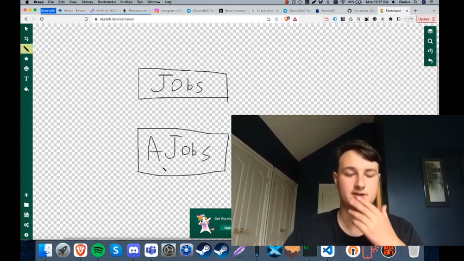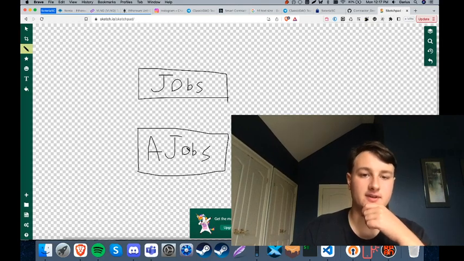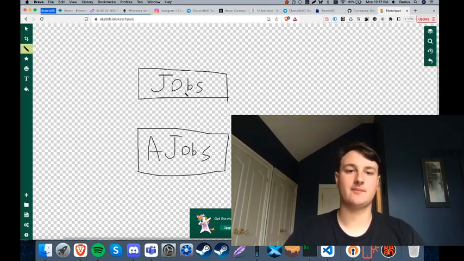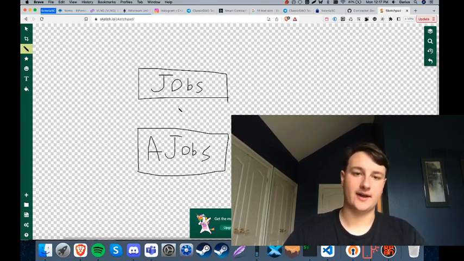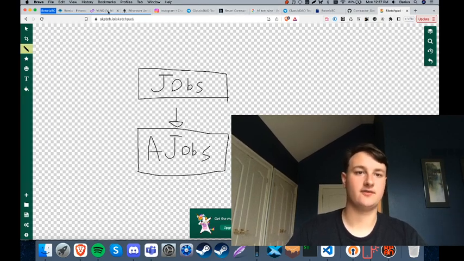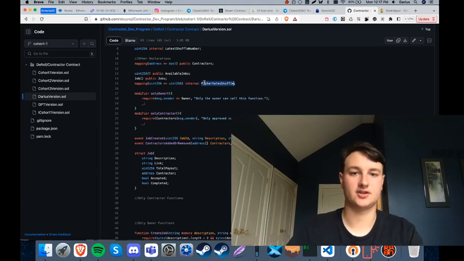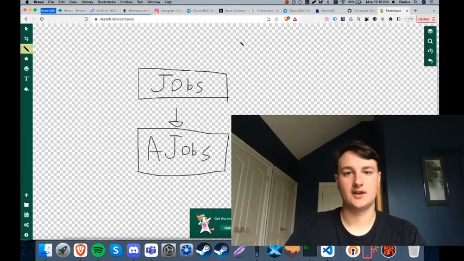The way we'll populate this available jobs array is that every time a new job is added, we will push the ID of the job to the A jobs array. Then we're going to have another array called the Fisher-Yates shuffle array, or we can call it something else. You can do whatever you want. I just like to call it the Fisher-Yates shuffle because that's what it is. So we'll put it over here.